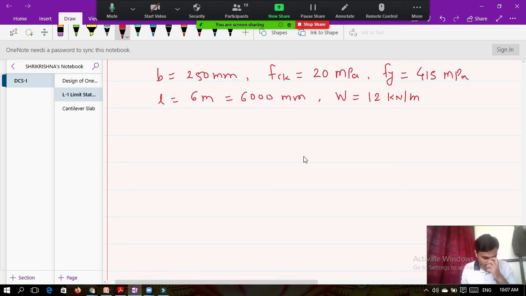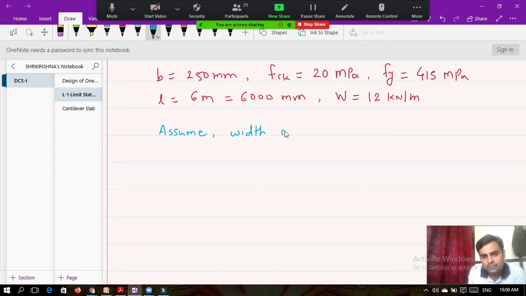Okay, so for designing the beam, our first step is that we need to assume certain ratio for the depth of the beam. As we are going to design the beam, first of all we will assume something, a certain width of support. So let us say the width of support is 230 mm. I will assume it here, you can assume anything. So assume width of support equal to 230 mm. This value I have assumed, 230 mm is the width of the support.